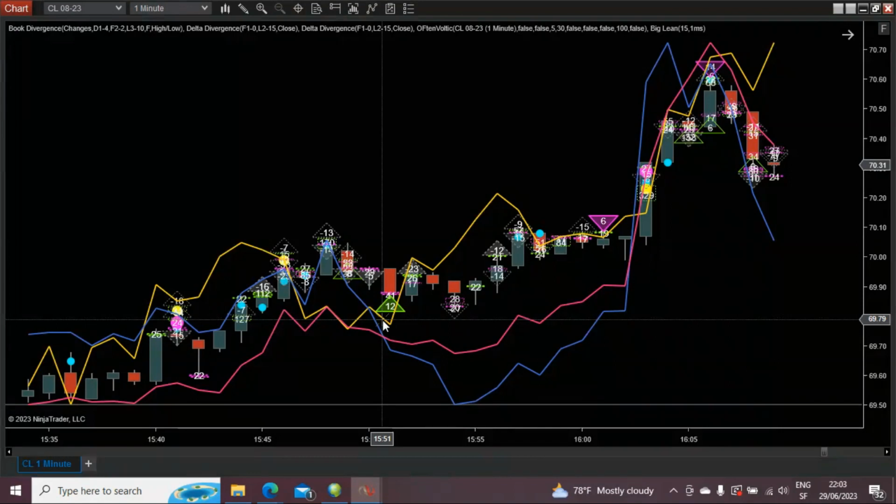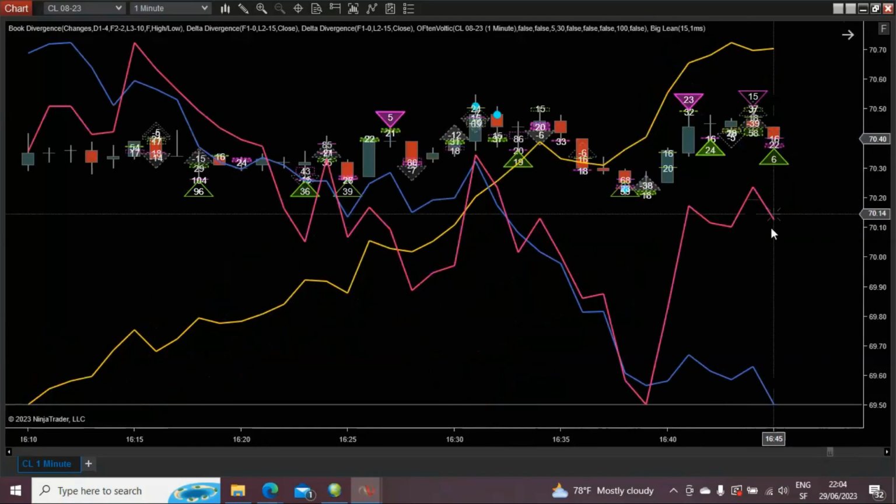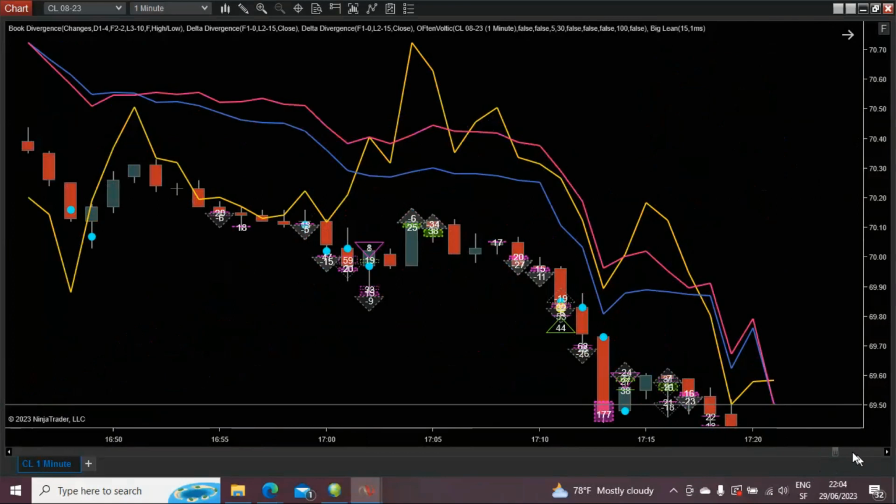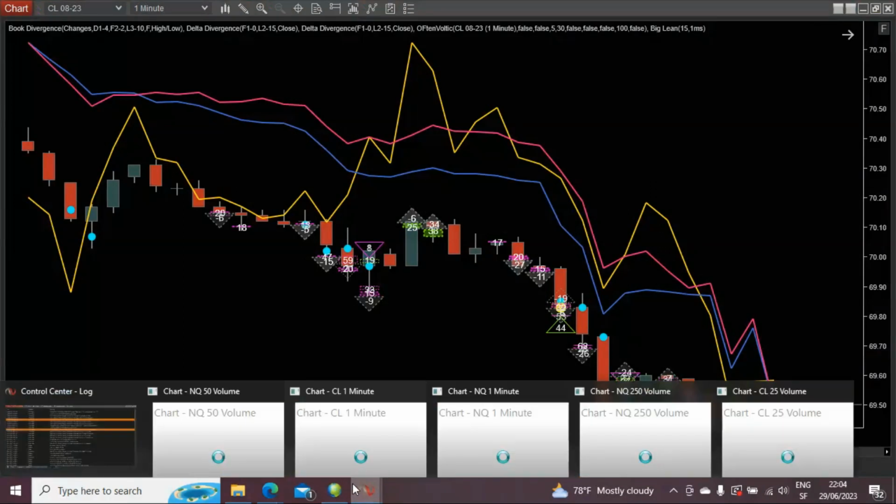I did have one or two picked out to show. This is earlier in the day, that's why I couldn't see it. But this is the 1 minute chart. Let me just switch to